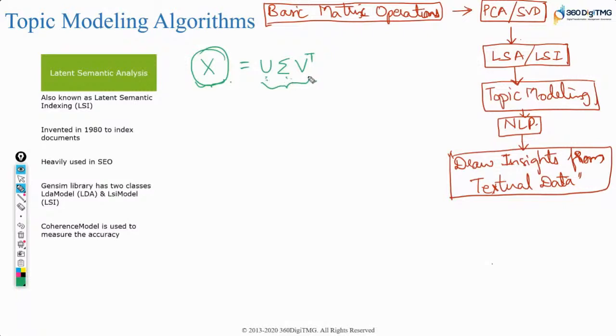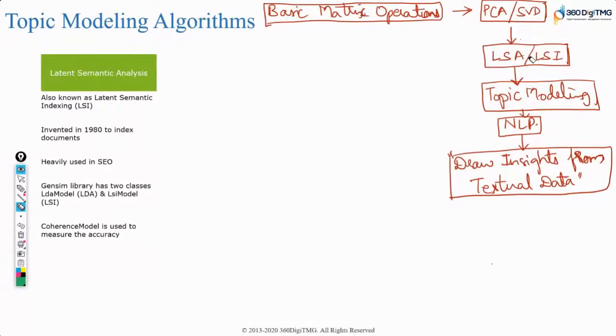Two columns, two diagonal elements, and two rows, something on those lines, and solve it. It'll be faster. That's the reason. Not just that, there's also some other logic associated with that, and that logic we will understand when we discuss about LSI, right? Or LSA, both mean the same.